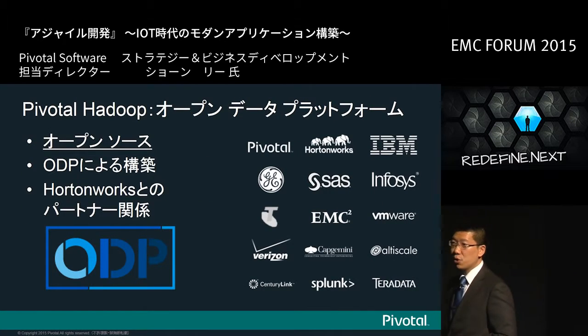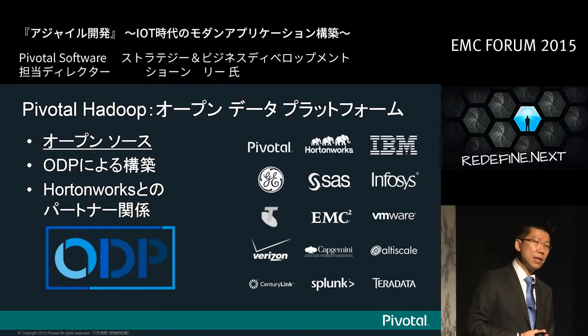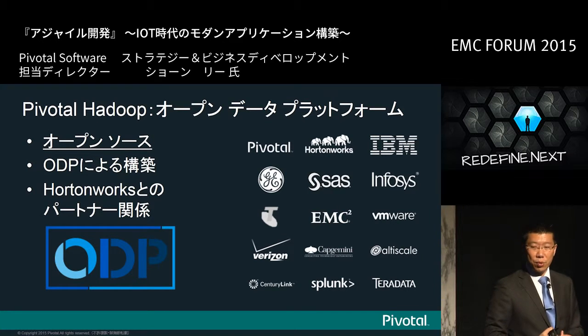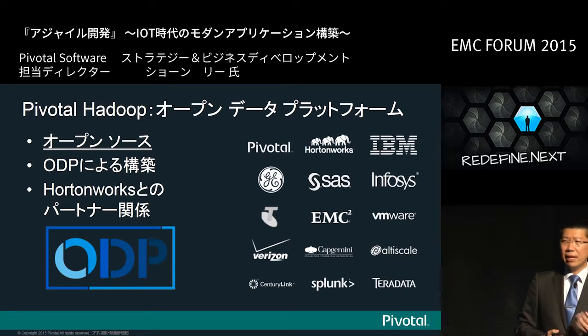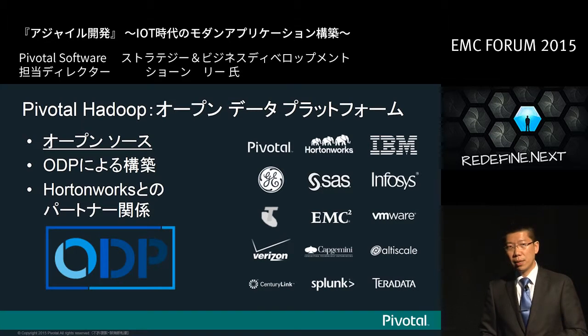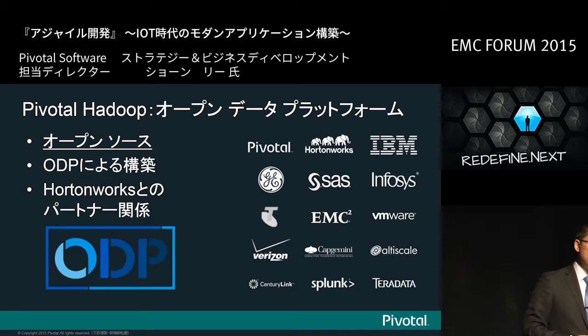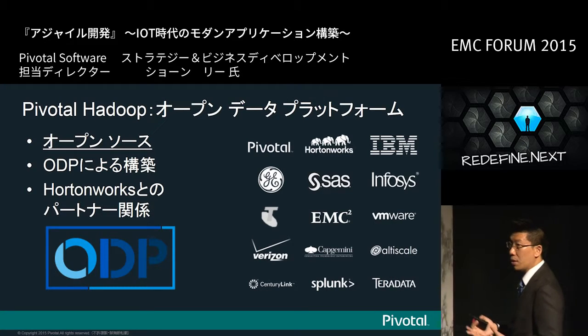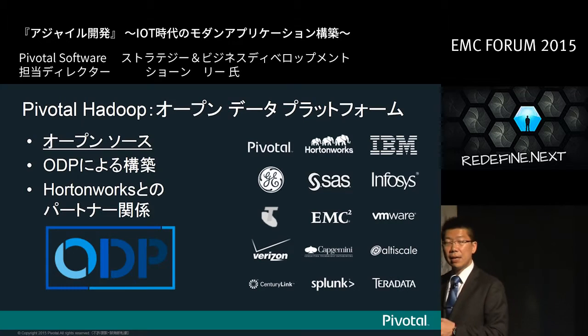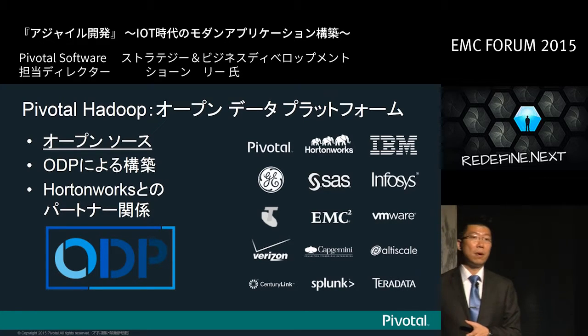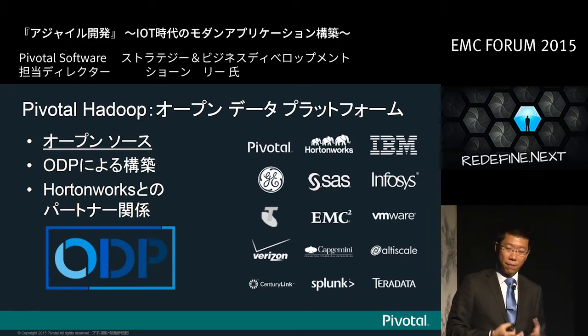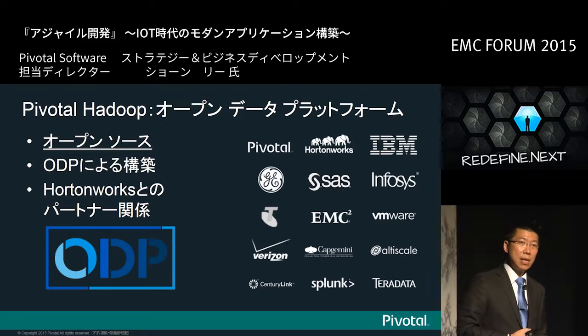The third aspect of the storage obviously is Hadoop, right? So there is a Hadoop component within our IoT platform. Our Hadoop distribution is called Pivotal Hadoop. Now, the interesting thing about Pivotal Hadoop is that it is not a proprietary-based Hadoop system. This is a commercially available Hadoop distribution that's based on an open source consortium called Open Data Platform. In fact, this Open Data Platform was formed from Pivotal and many other partners that you see on the slide